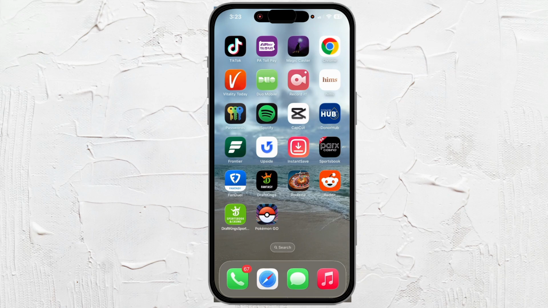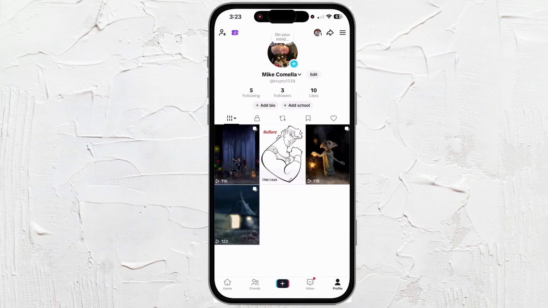How to recover deleted TikTok videos. So if you're someone that accidentally deleted something or you deleted it but you wanted to recover it, it's really simple to do. So go to your TikTok and go to your profile at the bottom right-hand corner, and I'm